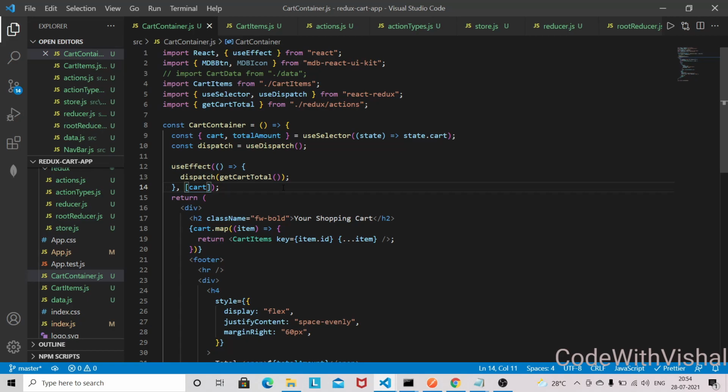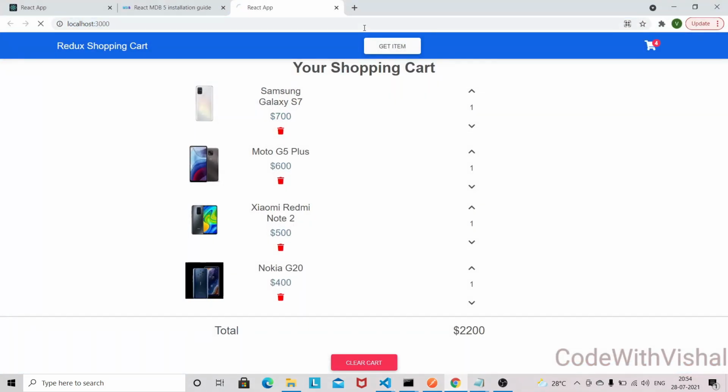So in that way you will always get the updated total amount of your shopping cart. So let's go into the browser and see if this amount is correct now. Okay, so we are getting the updated amount. If you add this amount, you will get this one only.